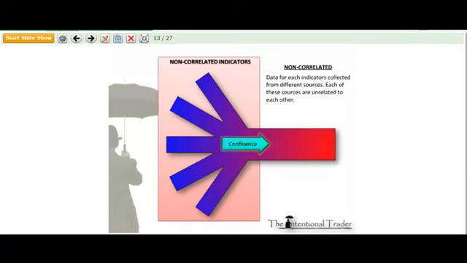Remember, non-correlated. Data for each indicator is collected from a different source, and each of these sources are unrelated to each other. For example, maybe we use price or volume or order flow or momentum or support and resistance. Okay? There may be some slight overlap in some of these, but each of these indicators or sources of information,